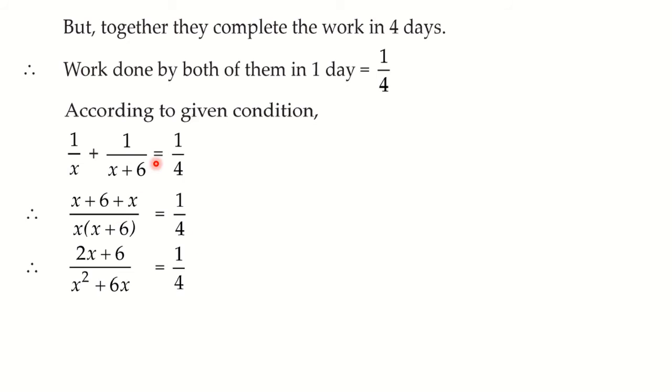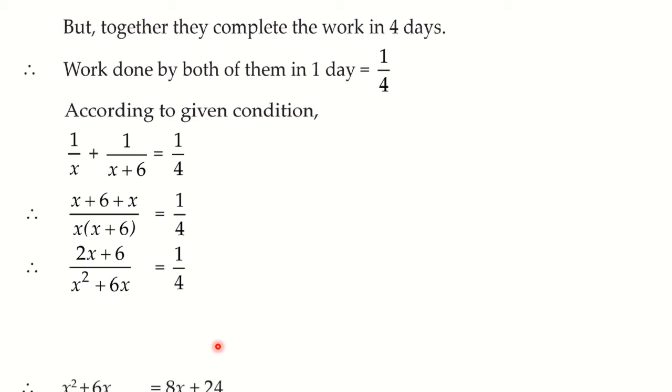What will we get here? See, this x plus 6 is multiplied by 1, so we got x plus 6. And x is multiplied by 1, so we got x here in the numerator. And in the denominator we are writing them as a product, because we want to equalize the denominator. This 1/4 stays as it is. Now see, x plus x gives 2x plus 6, and we expand this bracket, then we get x squared plus 6x is equal to 1/4. Again go for cross multiplication for further simplification.